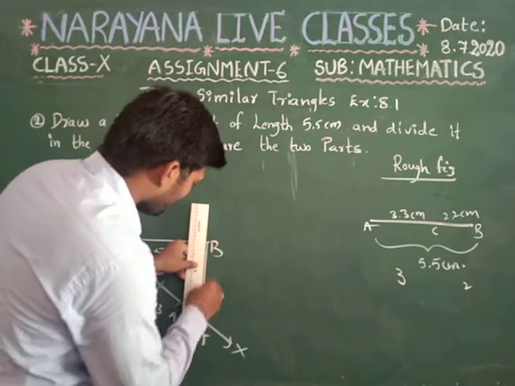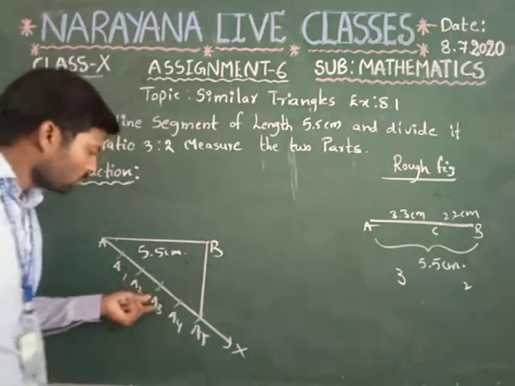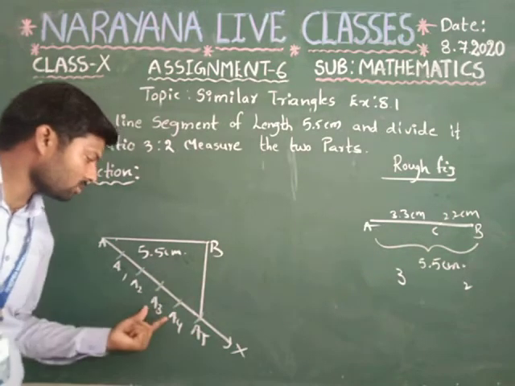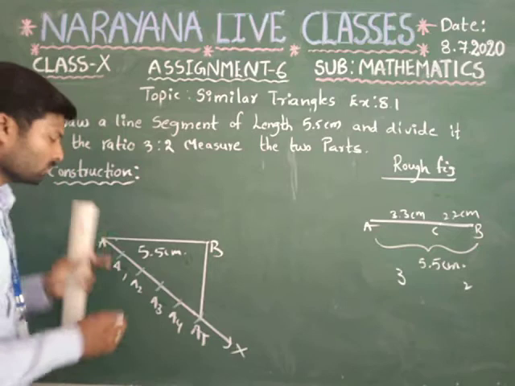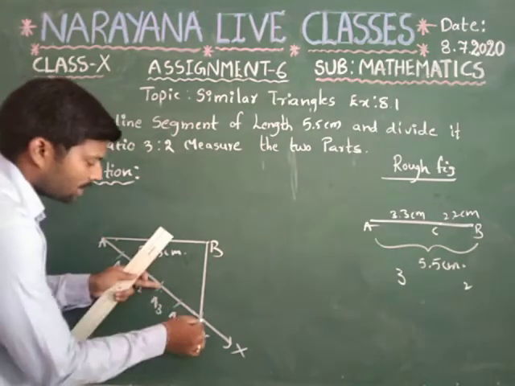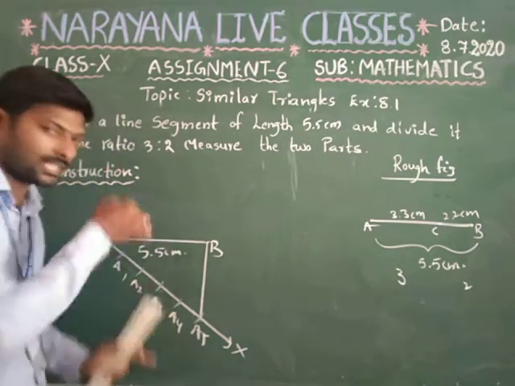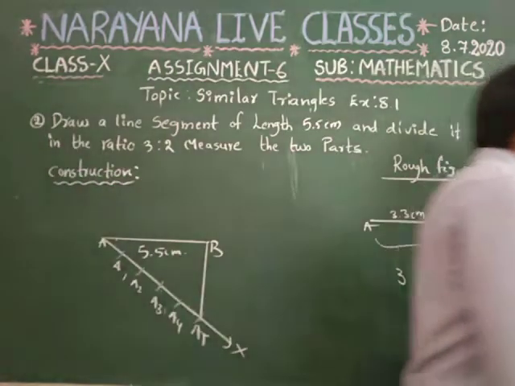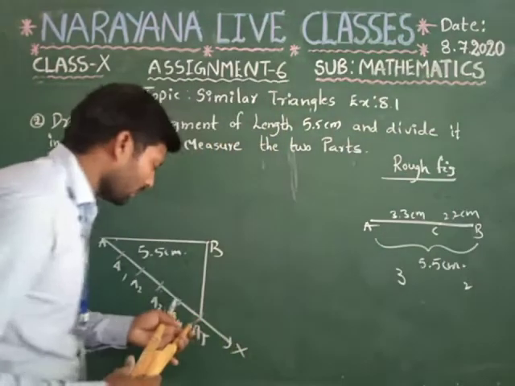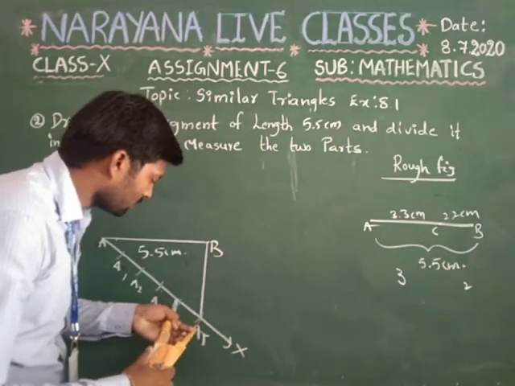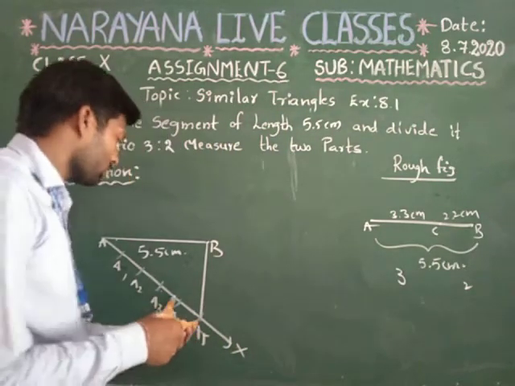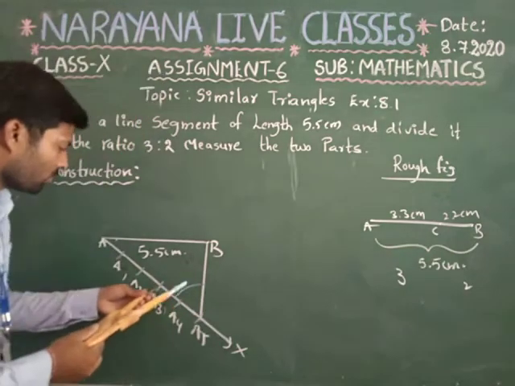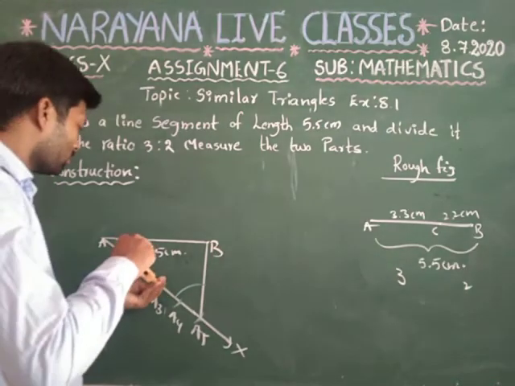Now you have to draw a line from A3 which is parallel to BA5. Why? Because there are totally 5 parts. From here to here it is 3 parts, here to here it is 2 parts. So that's why we take A3 as the reference point. Now how are we going to draw a parallel line? Same thing. Take point A5 as a center with some radius and draw one arc. Again, from point A3 as a center, draw an arc.